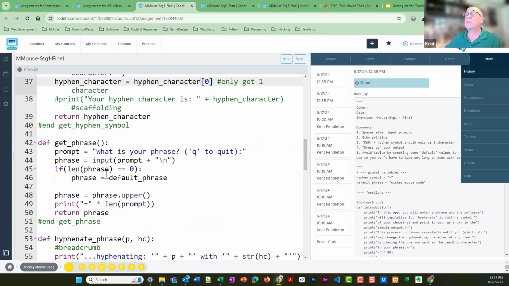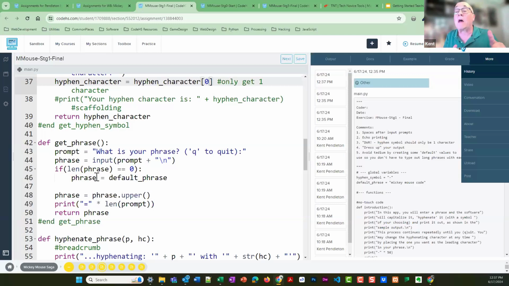And then here's something else that's, I think, kind of magical. Again, they will not see if logic for maybe another month, I don't know, in the sequence. But remember, I'm working as a developer in a company, and they've said, we want this hyphenating code written by the end of the week. I'm going to have to learn stuff in context. And so I'm thinking, all right, if I'm going to do this, I don't want to type in Mickey Mouse code thousands of times as I'm doing development. So I'm going to be smart.